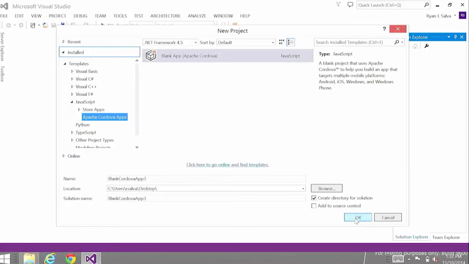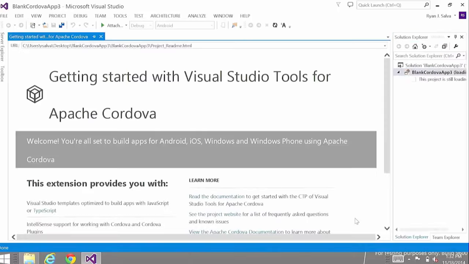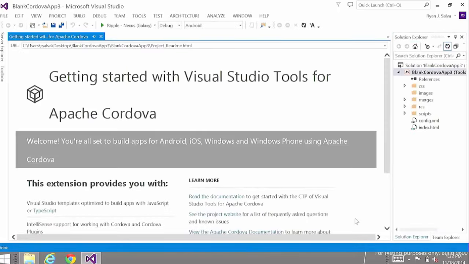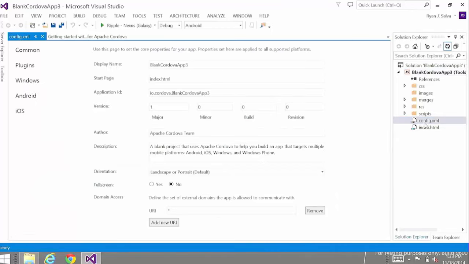So, I've got a new blank Cordova project open here, and I want to build an application that takes advantage of the camera. This isn't something you could do with a normal web application, at least not without a tangle of browser-specific code. And Cordova abstracts away all the device-specific implementation into something called a Cordova plugin. Plugins provide a nice normalized JavaScript API so I can reliably access the camera across iOS, Android, and Windows using one syntax. I'm going to start by going to the config designer, which has been totally redesigned in this release,